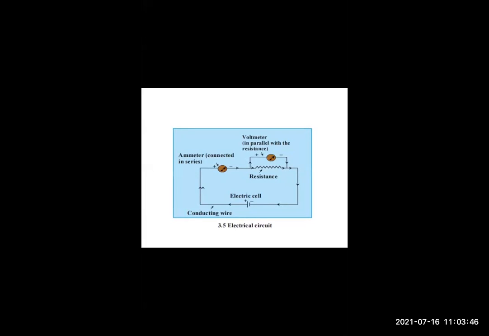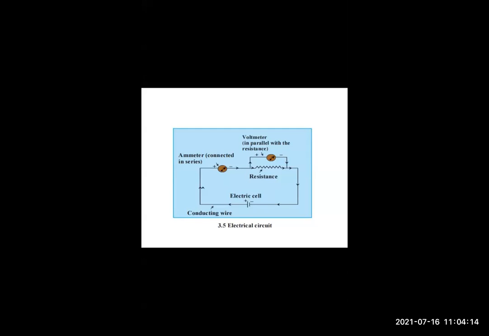Okay, children, now we can see the diagram of an electric circuit, right? Now, what is this electric circuit? An electric circuit is nothing but a continuous path of an electric current through conducting wires connected to the two ends of a cell and other resistances. So how can you define an electric circuit? It is a continuous path of an electric current.